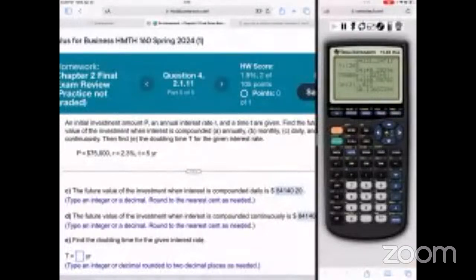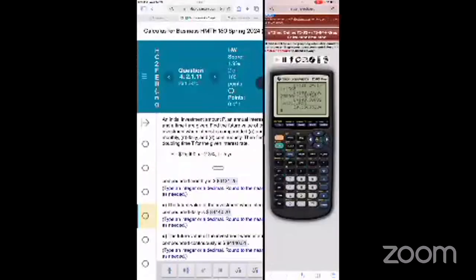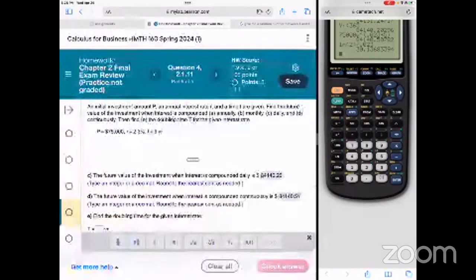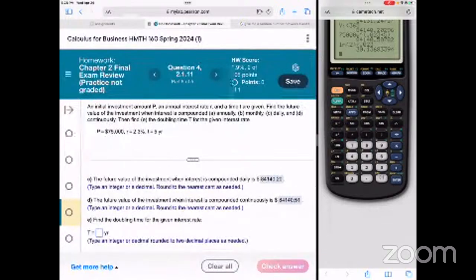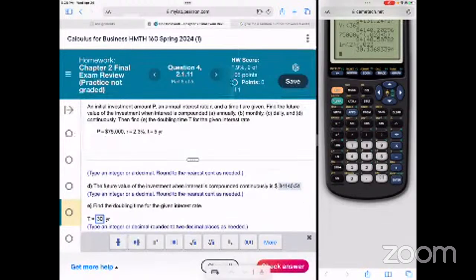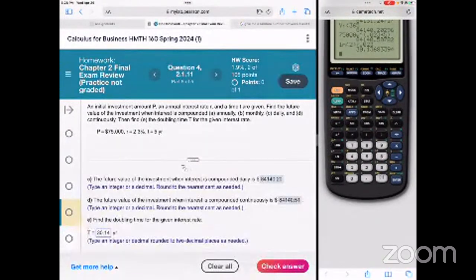It's a little bit temperamental because I'm working on an iPad. So it does throw a tantrum a little bit. Okay, so 2 decimal places, 30.14. Okay. Okay. All right, we got a solid 30 minutes. Let's keep plugging and chugging.